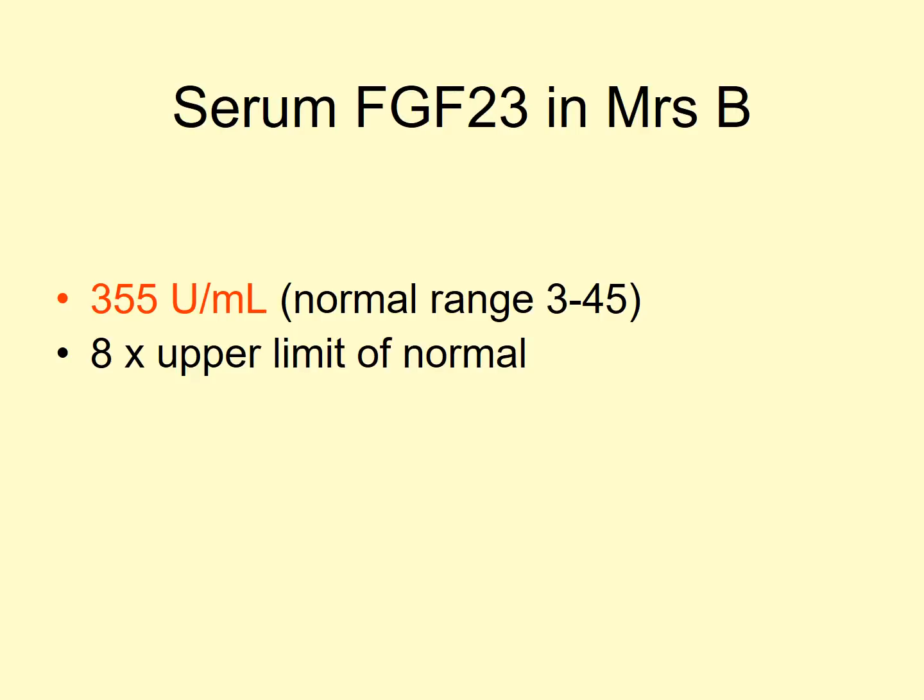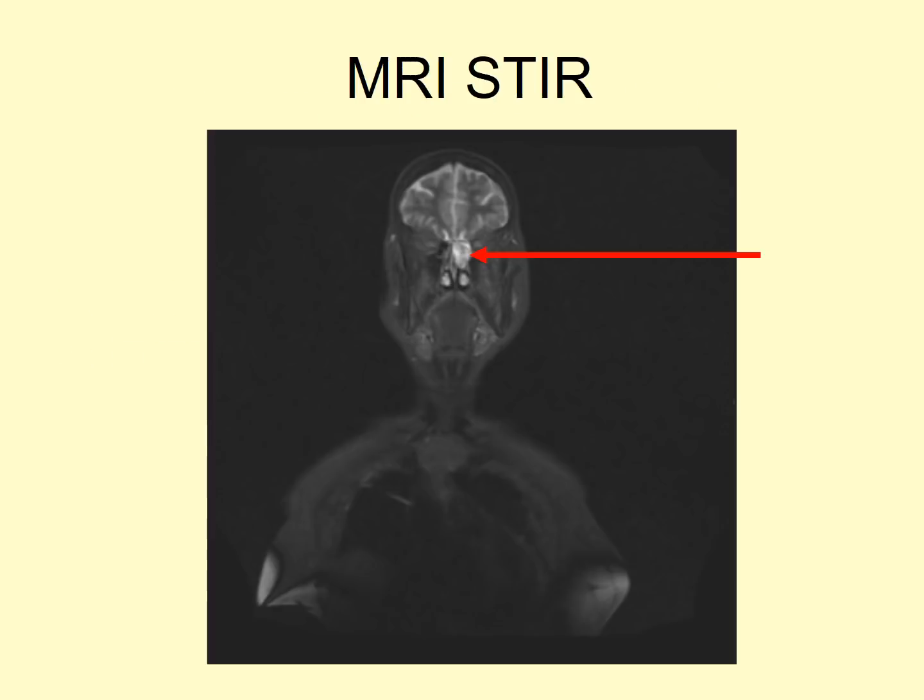She clearly, because of her age, had an acquired hypophosphatemic syndrome, and as we discussed earlier, most of these syndromes feature or are caused by elevated levels of the phosphatonin FGF23, and this was measured in Mrs. B, found to be markedly elevated, about 8 times the upper limit of the normal range. So what she has is a tumoral syndrome called oncogenic osteomalacia,